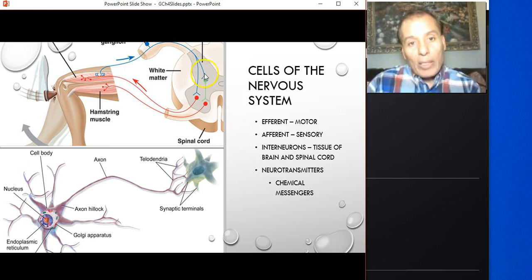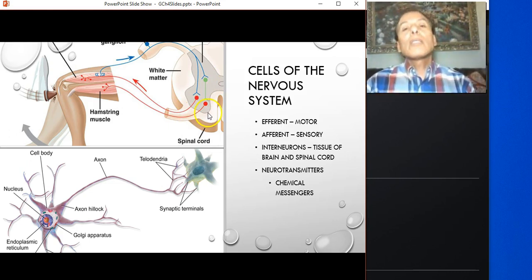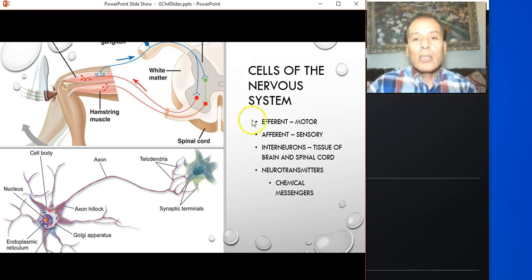That signal is going to go up and travel through the sensory neuron to the spinal cord. In the spinal cord, the motor neuron that goes back to move the muscles of the femur and to make them contract and pull up the leg has to get input from the sensory. So you have to connect the circuit. So that green neuron here is the interneuron. So these are, again, based on function, not on anatomy, because there's more than 100 kinds of neurons, different shapes and different sizes and so on.